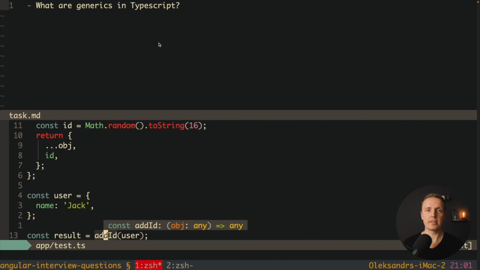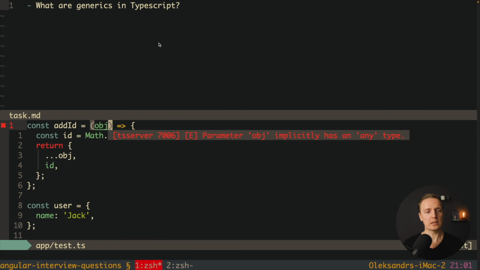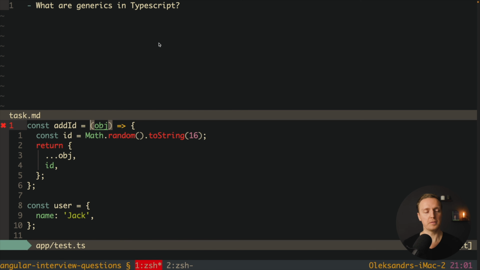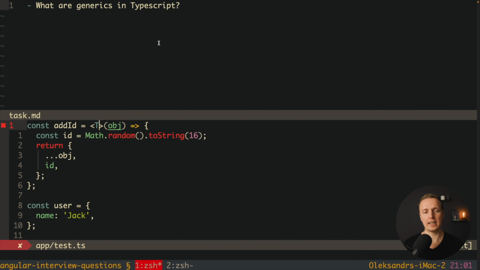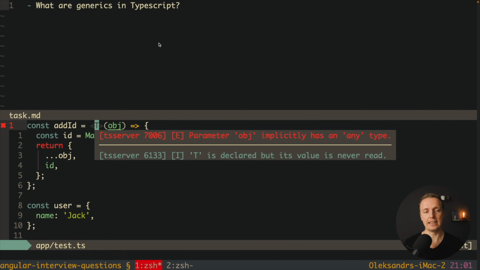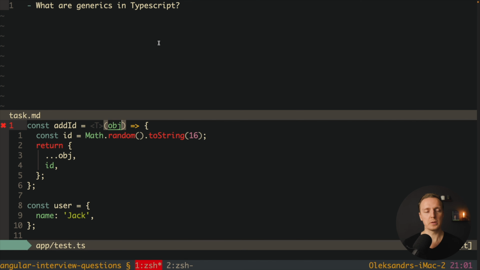We could leverage here generics in order to have stricter typing. To do that, we can just write here before our round brackets, inside open and close tag, some big letter, and typically you are writing T. Now here, instead of just object, we can write object then colon T. What does this construction mean? This is the definition of generic for our function, which means our function now is a generic function.